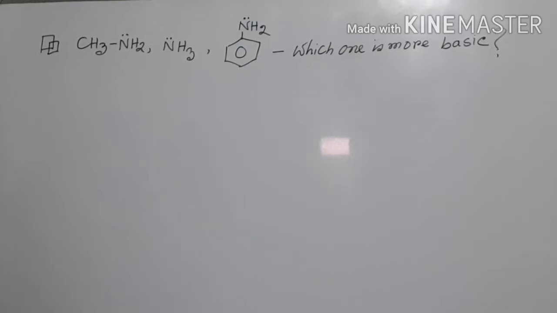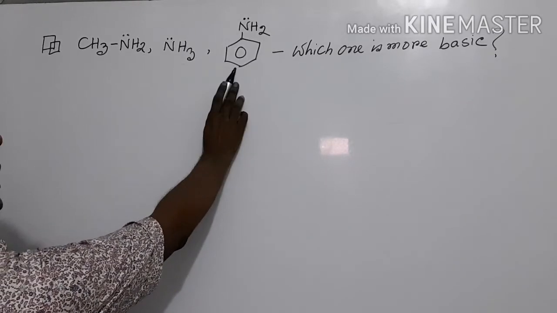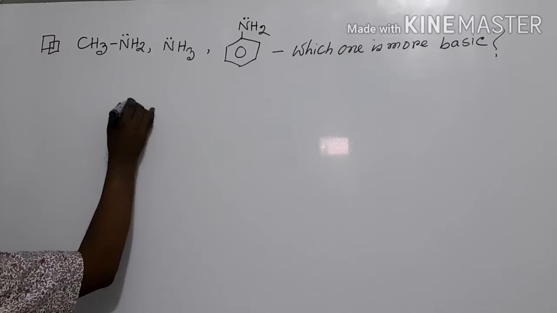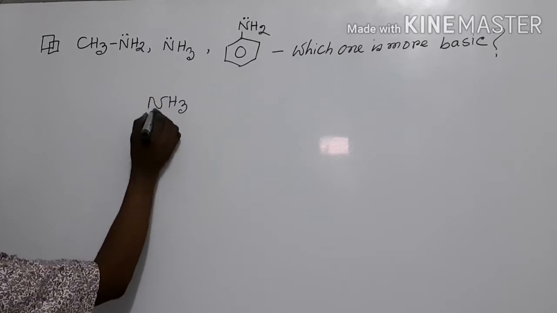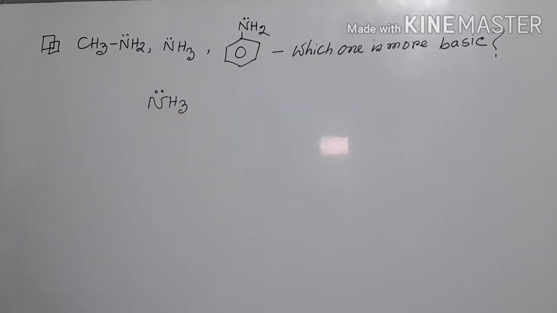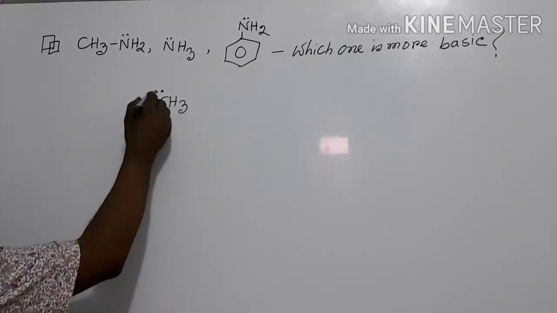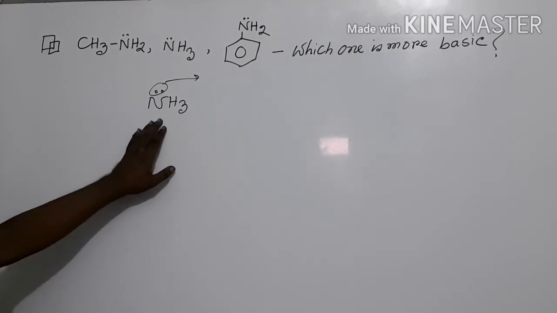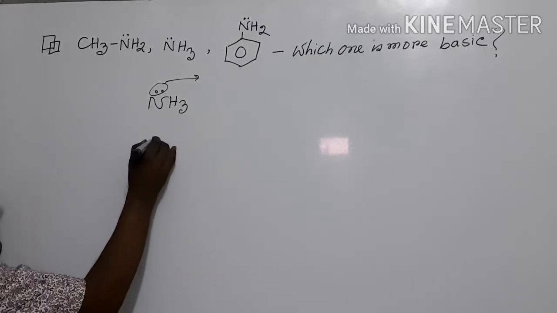Now the question is, methylamine, ammonia and aniline, which one is more basic? At first, ammonia. Here nitrogen contains one lone pair of electrons and it can easily donate it, and that's why ammonia is basic. But in methylamine,